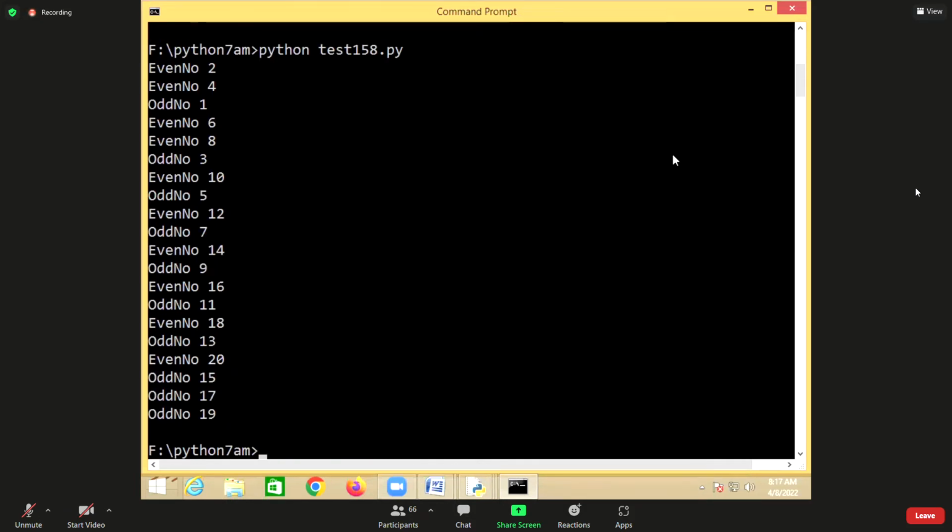If I run this again, I may not get the same output because the execution of the threads completely depends on